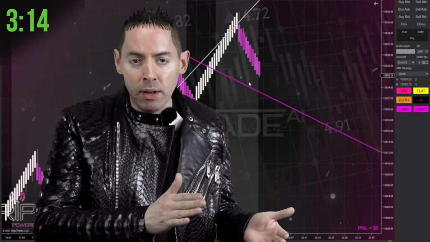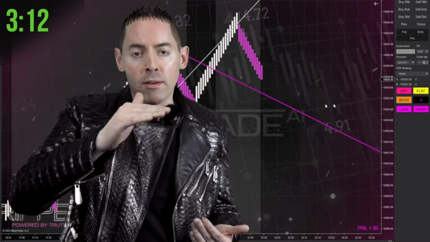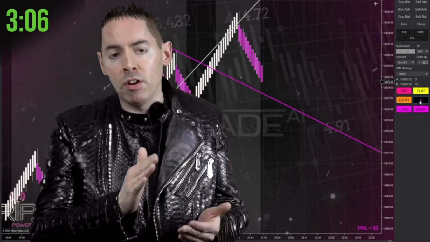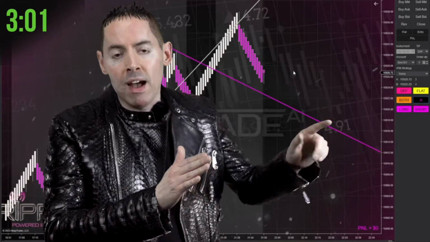So with TruTrade, we've got filters that will basically adjust the bot's settings automatically around volatility. So if you're in high volatility, it'll take more out of the range. If you're in low volatility, you'll just not enter at all and actually protect your account from getting whipsawed. We've also got automated stops and targets. So it'll actually detect the range and move the stops based on the size of the range and the amount